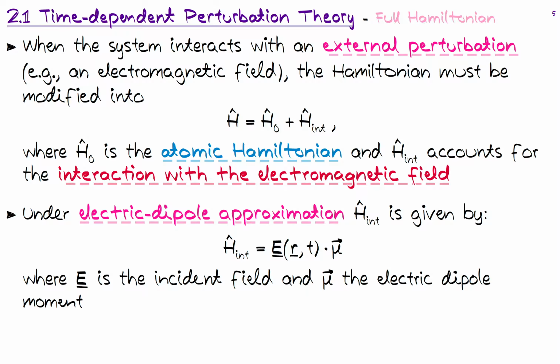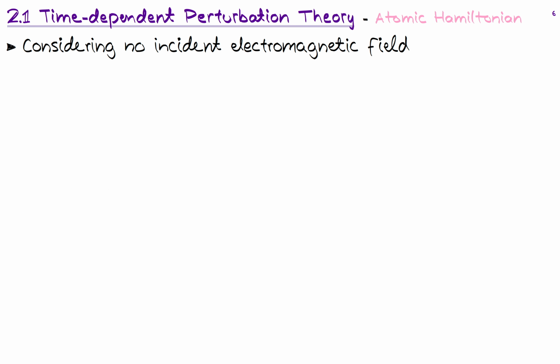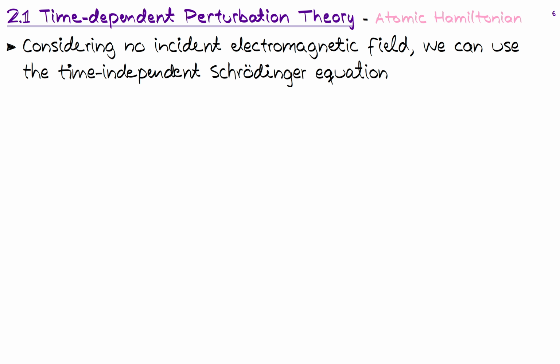Sometimes we need to go beyond this and consider so-called multipolar light-matter interactions, but that is not the case we are interested in in this course. Okay, so considering that we don't have any incident electromagnetic fields, we now really just want to solve the atomic Hamiltonian Schrödinger equation. We can use the time-independent Schrödinger equation to solve the system and calculate the eigenstates